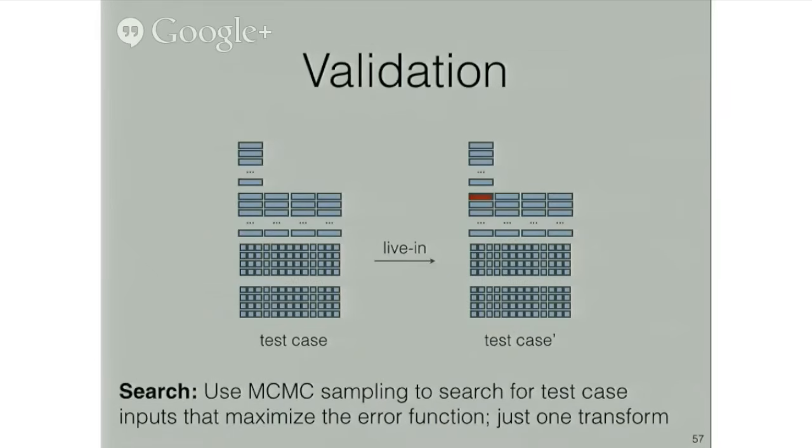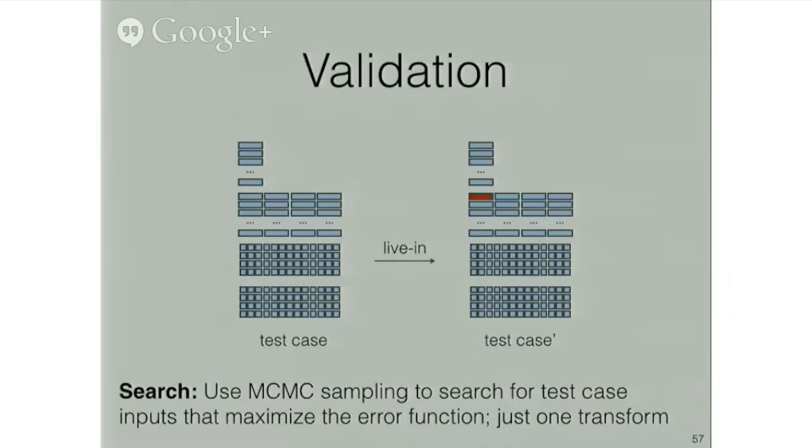All we need is a single transformation, which I've shown here for exploring the space of test cases, one that randomly modifies the value of a live-in value. Using this transformation, for as long as we have the budget, we just, as before, repeat the following. Propose a new test case and execute the rewrite. If the error has increased, that's great. We accept the change. We're looking for test cases that produce the largest errors. If the error has decreased, with some probability, depending on how much the error function has decreased, we'll accept the change anyway. And as before, when time is up, we check the maximum observed value, see whether it ever exceeded the bound provided by the user, and then we either return success or fail with a new test case.